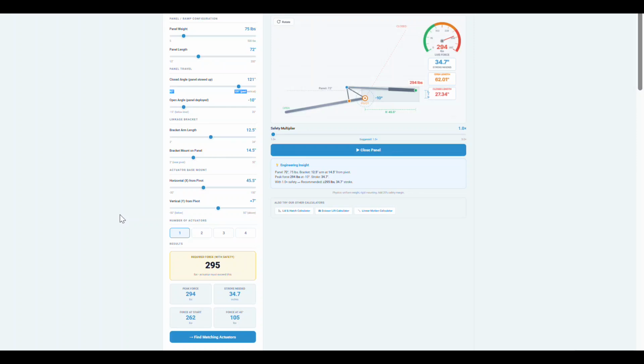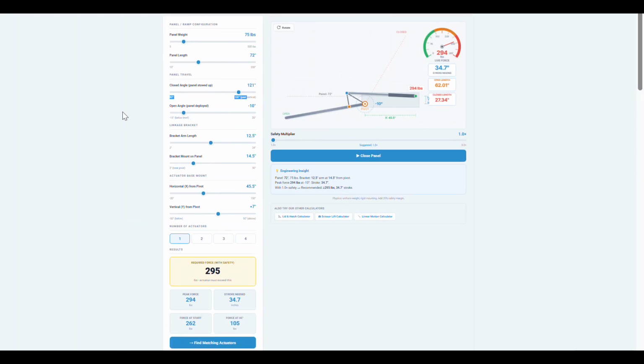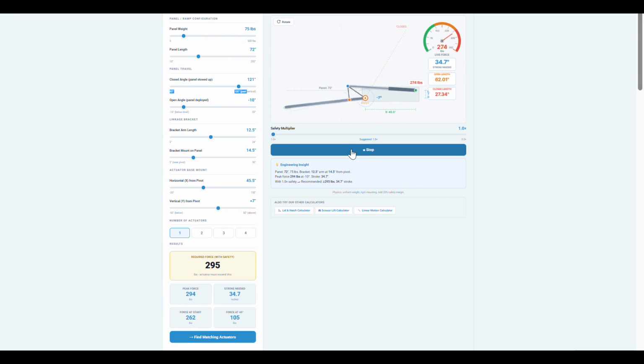This one's for a very specific type of application, a panel that flips. Think solar panels that tilt between a stowed position and a deployed angle, ramp doors on trailers, drop-down access panels on vehicles or equipment, or any panel that rotates between two fixed angles rather than opening to 90 degrees like